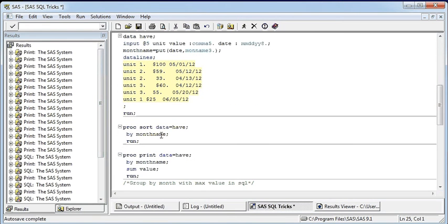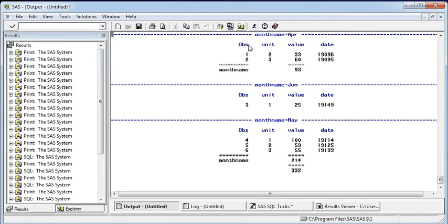And here I'm going to sort by my month name, and then I'm going to do proc print data have by month name, sum value, because if you want to show the sum of value by month name, you can do it like this.